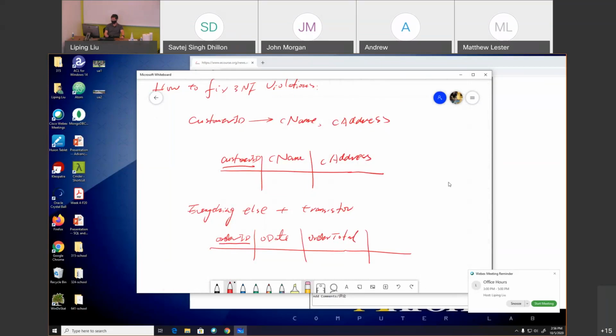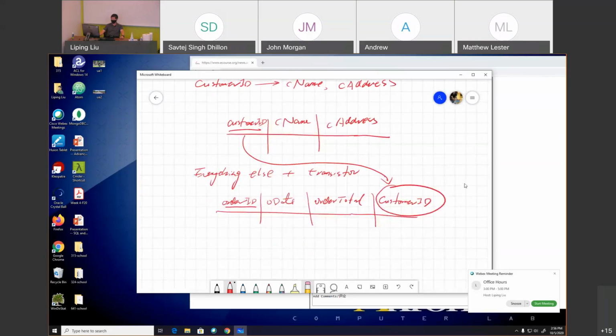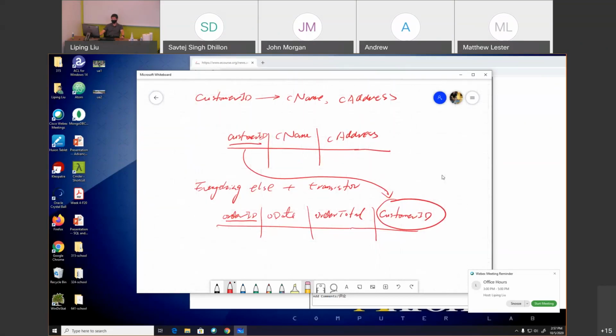Plus, you need to add the transitive column back. So basically you need to add a customer ID here as a foreign key. As a foreign key, you need to add this customer ID back to here. This was the primary key, and it stays as the primary key. Okay. And there we go. So now we end up with two tables to fix the orders table, which violated